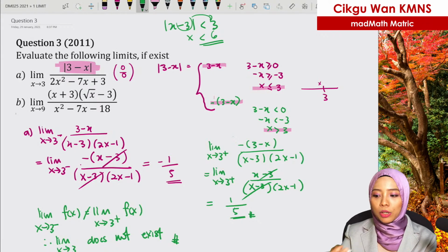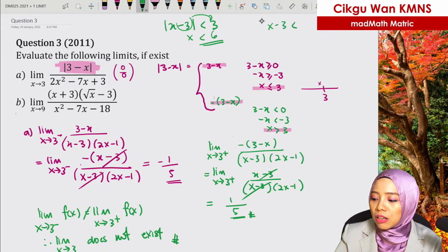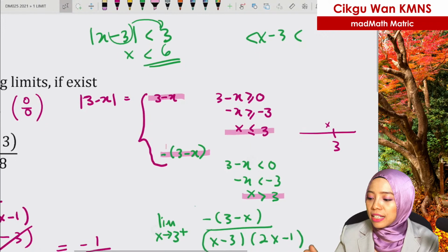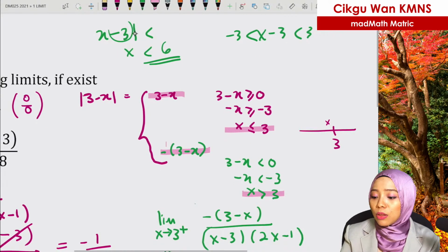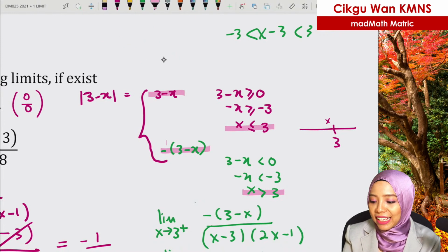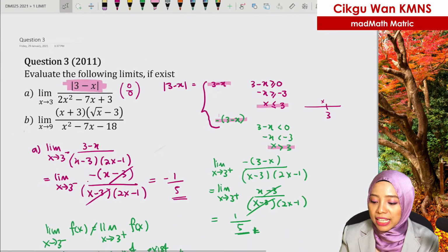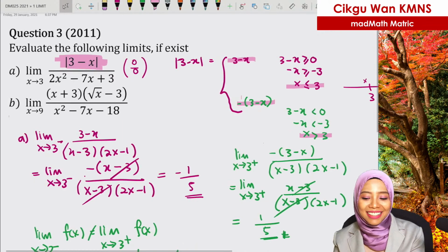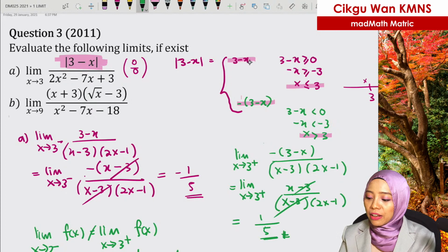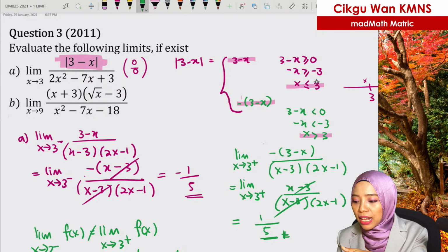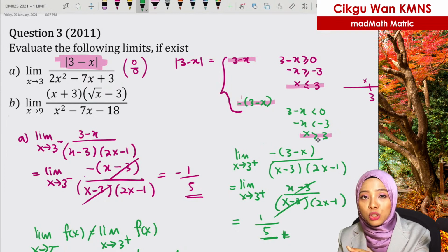Can we? No, we are not allowed to, because when it is an absolute value, when you break it up, it becomes x minus 3. Let me zoom in a bit. x minus 3 is in between negative 3 and 3, because it is an absolute function. Okay, to answer Firaz's question, it is because the top is an absolute function. So that's why I have to break it up from the top, limit x approaching 3 from the left here, and limit x approaching 3 from the right.